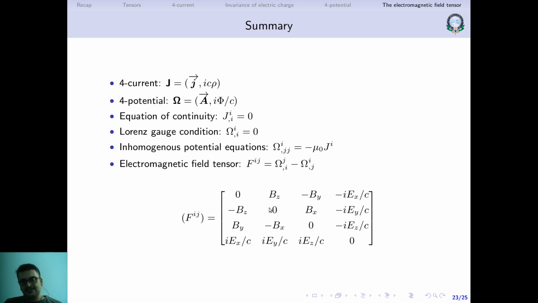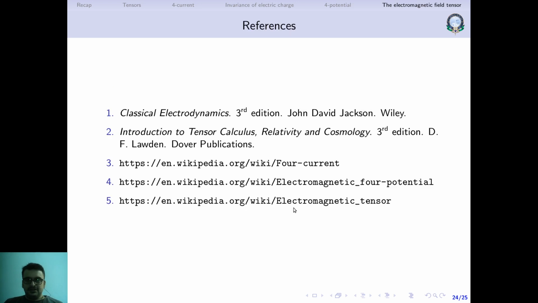In the next lecture, which will be the last lecture on this lesson, we will directly write down the fields, that is the components of the electromagnetic field tensor, in terms of the charges and the currents. Basically we will be writing the Maxwell's equations using the electromagnetic field tensor. It turns out that the four Maxwell's equations can be boiled down into two equations in terms of the electromagnetic field tensor, which will contain all the information and will be the Maxwell's equations itself. Okay, so with this we come to the end of this lecture.